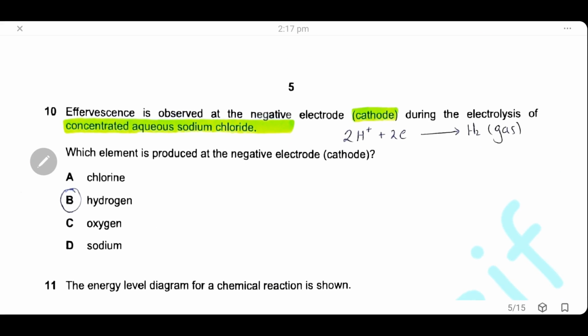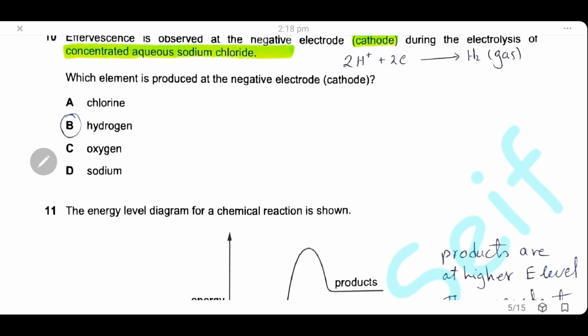Question 10. Effervescence is observed at the negative electrode during the electrolysis of concentrated aqueous sodium chloride. Which element is produced at the negative electrode? Of course, at the negative electrode, sodium ions will not discharge because sodium is a highly reactive metal, so hydrogen ions will accept 2 electrons to form hydrogen gas, and hydrogen gas will be discharged at the cathode, and the answer is